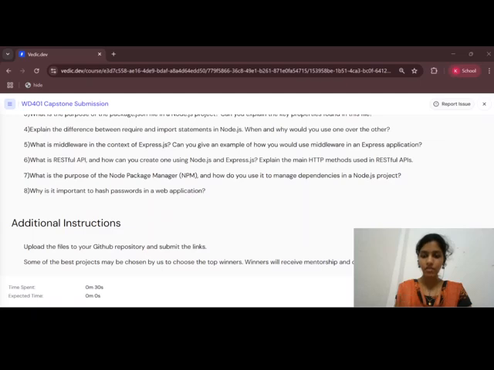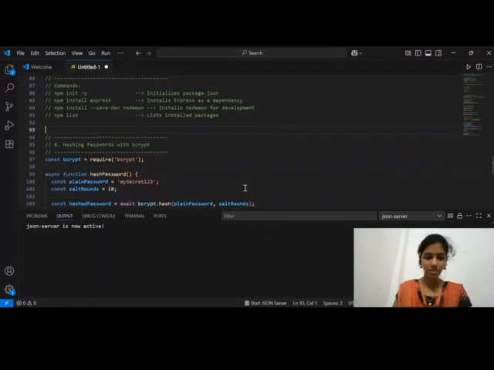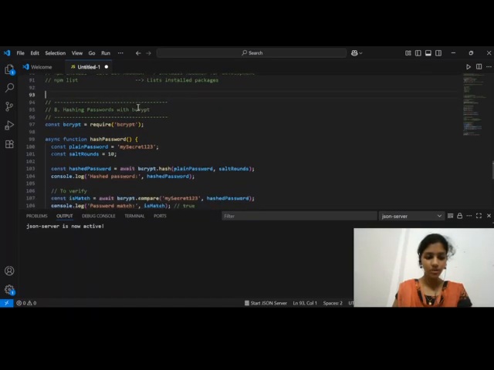If a file-based database or any database is hacked, then someone can have access to see your password and everything. So if we use hashing, then the password is secured. Hashing passwords is irreplaceable.